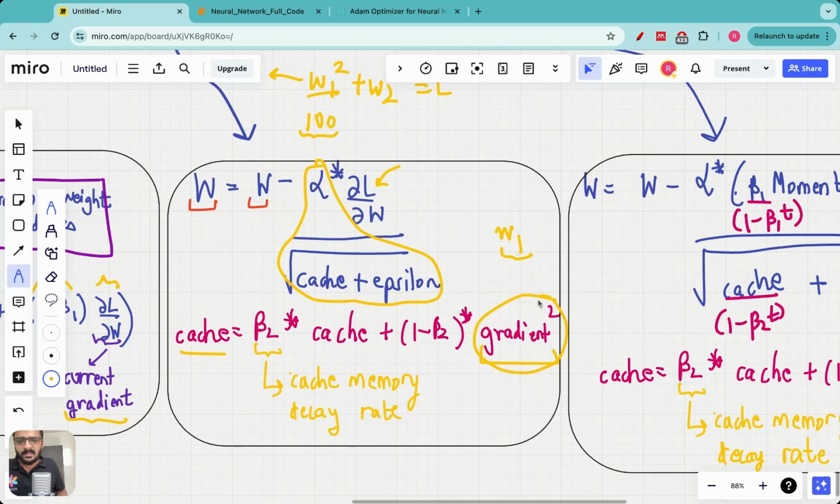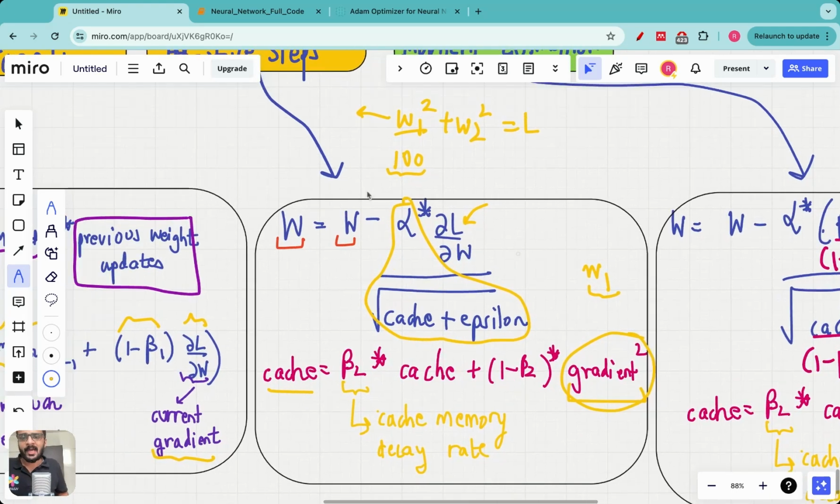And remember, we could just have taken the present gradient square, but the cache is also like a moving average, and it takes into account the previous gradient square for all the previous iterations as well to adapt the step size. So for the adaptive step size, the current gradient matters, but the past also matters a lot. So that's the difference between RMS prop and